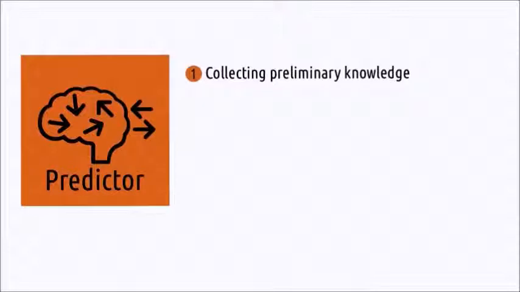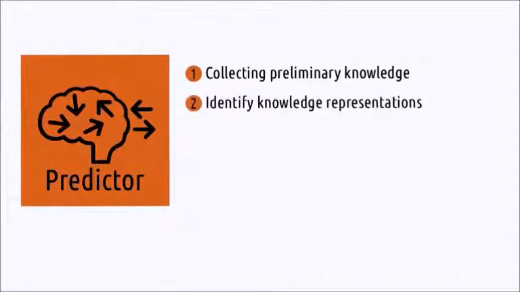So we might observe people performing the task, for example. In navigation, we might just watch someone driving and using a GPS. Our second step is to identify knowledge representations. In other words, what kinds of things does the user need to know to complete their task? Note that we're not yet concerned with the actual knowledge they have, only the types or structures of the knowledge